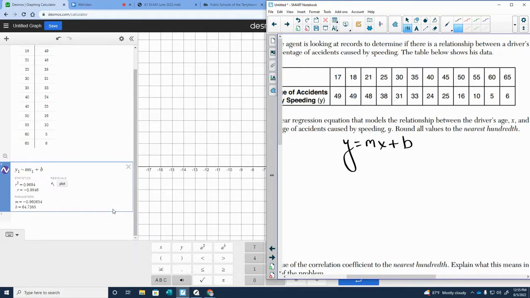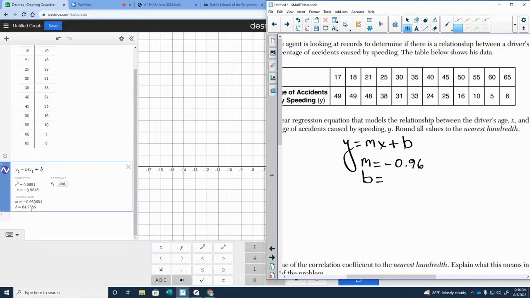So if I go back here and I have to write down what I need my m and my b to finish this line. So I'm going to write my m equals, and I'm going to go to my calculator, and my m rounded off to the nearest hundredth is going to be negative 0.96. So I'm going to put negative 0.96. Now I need my b. So I'm going to put b is equal to, and again, I'm going to round it off to the nearest hundredth, and my b is going to be